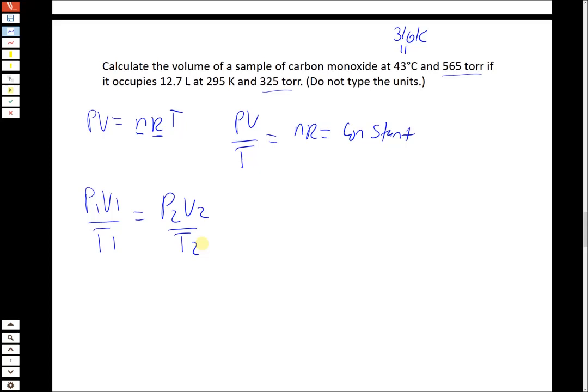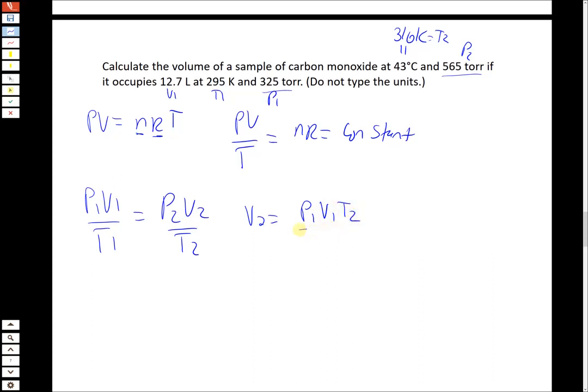Which ones we call P1V1T1 and P2V2T2 is arbitrary. Usually I like to use the ones that are completely given to us as 1, and the one that we're solving for is 2, but that's up to you. So if we call this V1 and this T1 and this P1, this would be T2, this would be P2, and we're solving for V2. So if we rearrange this, where we call V2 our unknown volume,